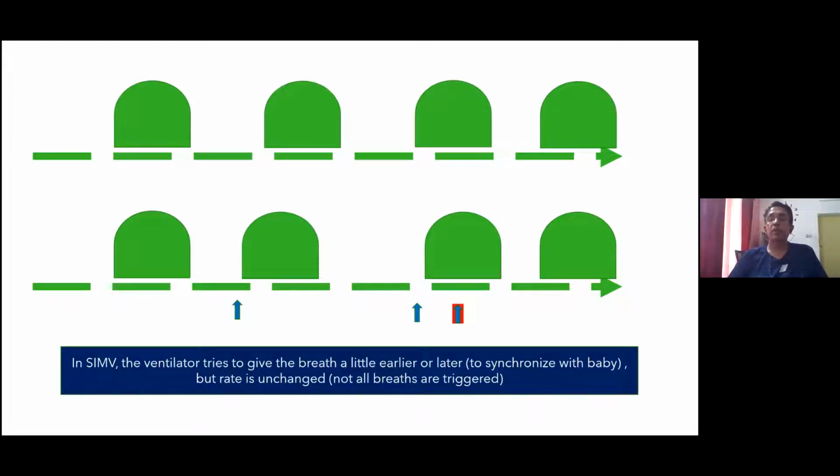And you can see one blue signal which is marked in red. That is when too many signals are coming from the baby. If they are not similar to the rate that you dialed on the ventilator, then it can't sense all the signals and give breath. Because a minimum number of breaths as has been designed in the IMV only would happen. So all breaths are not triggered in SIMV. SIMV basically is IMV alone. Just a slight movement can happen to try and coordinate with the baby.